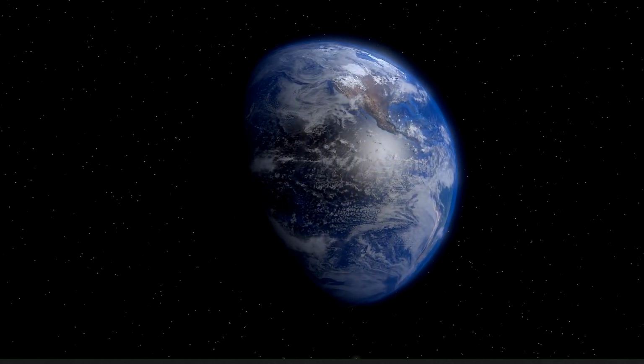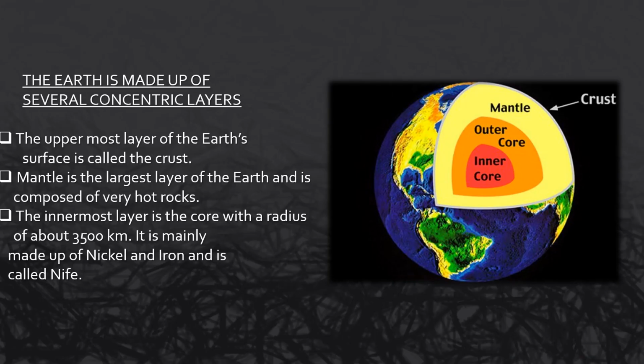The earth is structured in three layers, namely crust, mantle and core, which is divided into outer core and inner core. So, the earth's surface is called the crust. It is the uppermost layer of the earth's surface and the thinnest of all the layers. It is about 35 kilometers on the continental masses and only 5 kilometers on the ocean floors. The crust and the upper layer of the mantle is known as lithosphere.